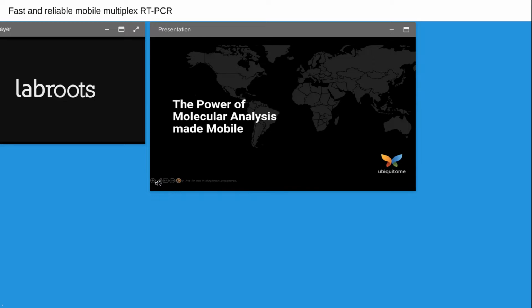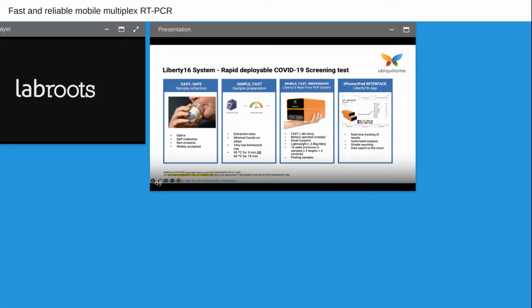So now looking at the power of molecular analysis made mobile, you're probably thinking, what does this mean? How does that look? I'm about to tell you all about that right now. So looking at the Liberty-16 system in the perspective of the detection of COVID-19 for a surveillance and screening type